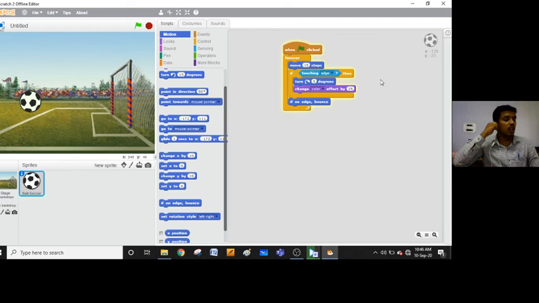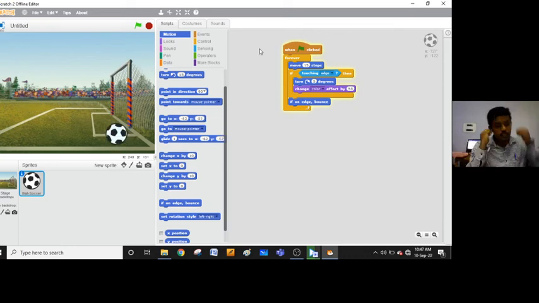Next class we'll discuss the control blocks, a very important topic. Control blocks we'll discuss, and the bouncing ball up and down. So this is about the bouncing ball up and down and the football category. Football opening background goal, the sports category, that will be the aim. This will come under conditional programming only. Conditional blocks it will come. Clear? Next, bouncing the ball up and down. See how the bouncing ball goes up and down. Let's see that one. So I am making this project, a new project.